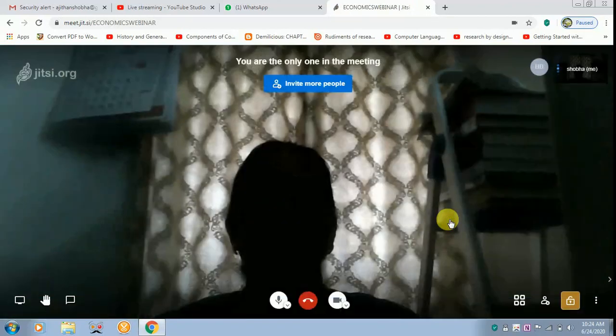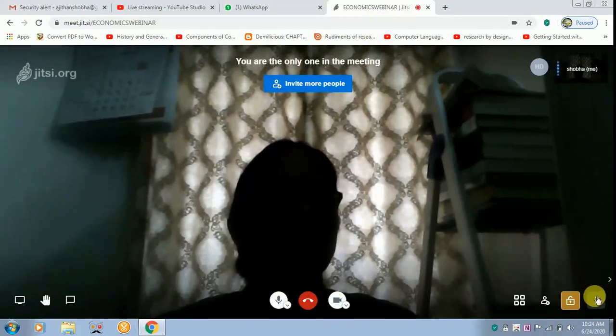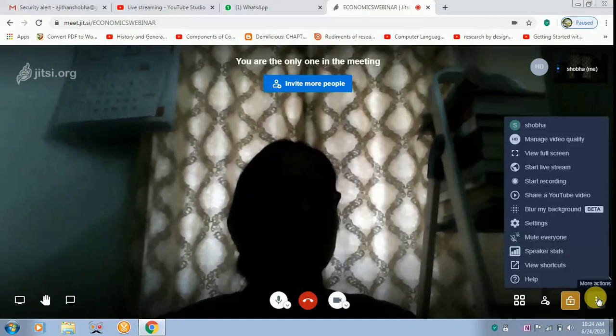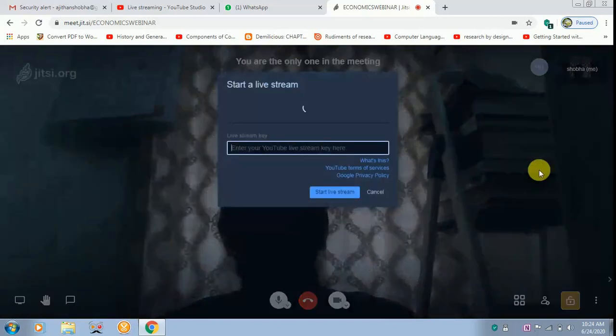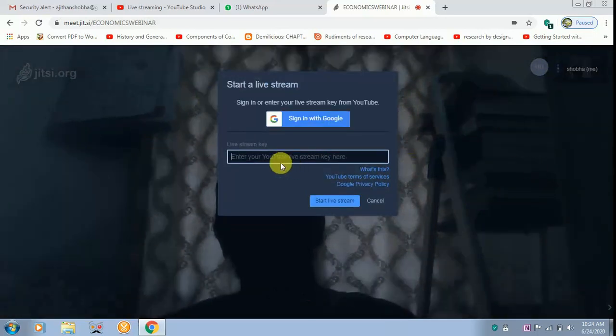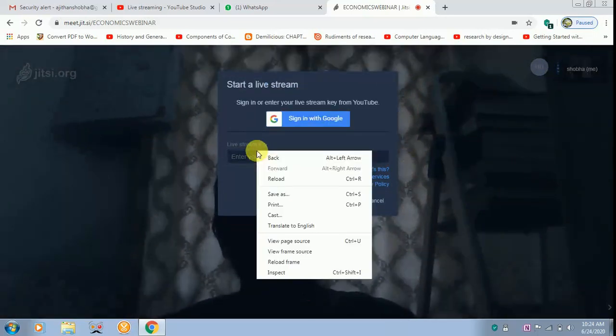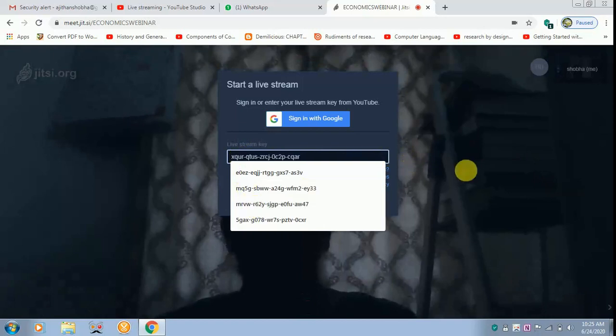So you can see the screen appears where both the microphone and video are on. Later, go on to the more actions option. From there, click start live stream. Sometimes Jitsi Meet can access the link. If not, you just paste what you had copied earlier. I'll just click over it and paste it. So once I paste it,